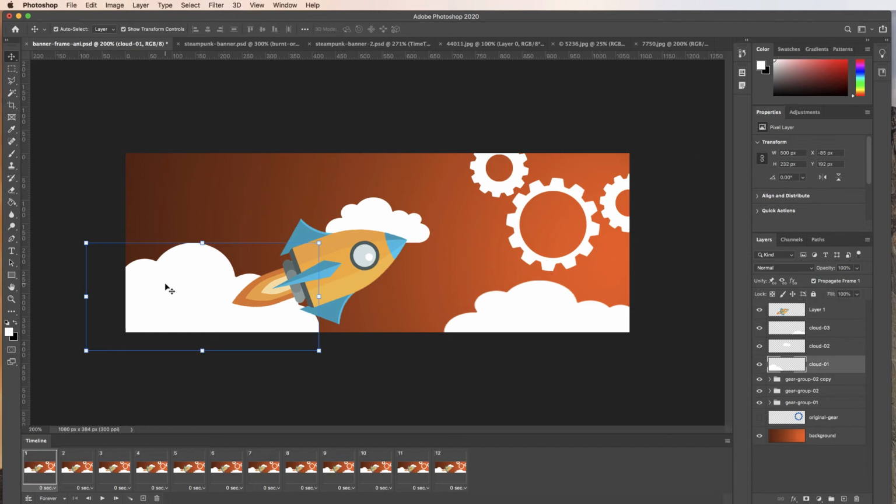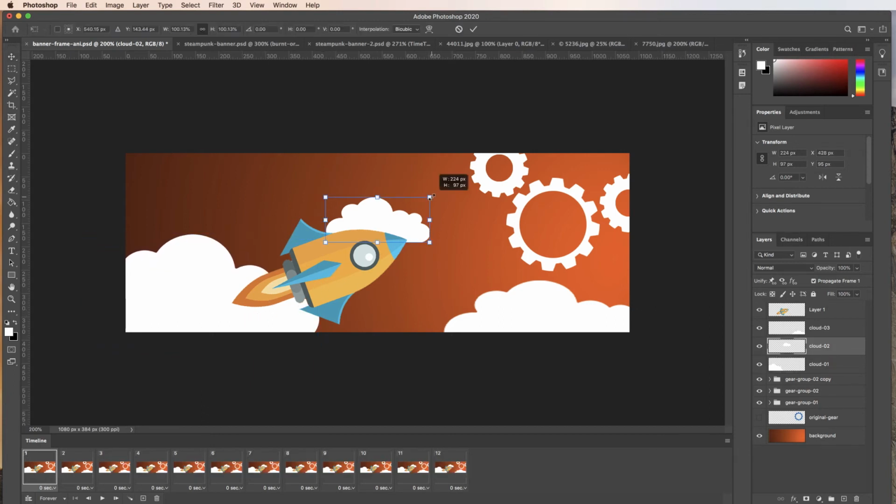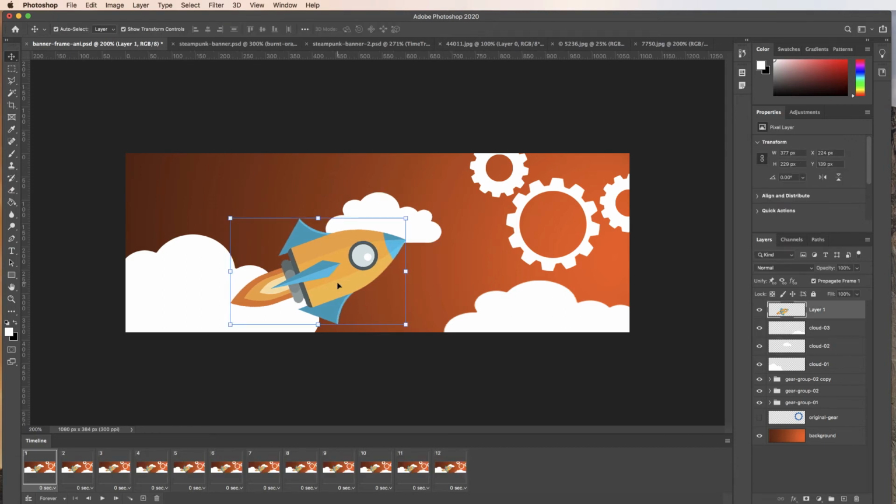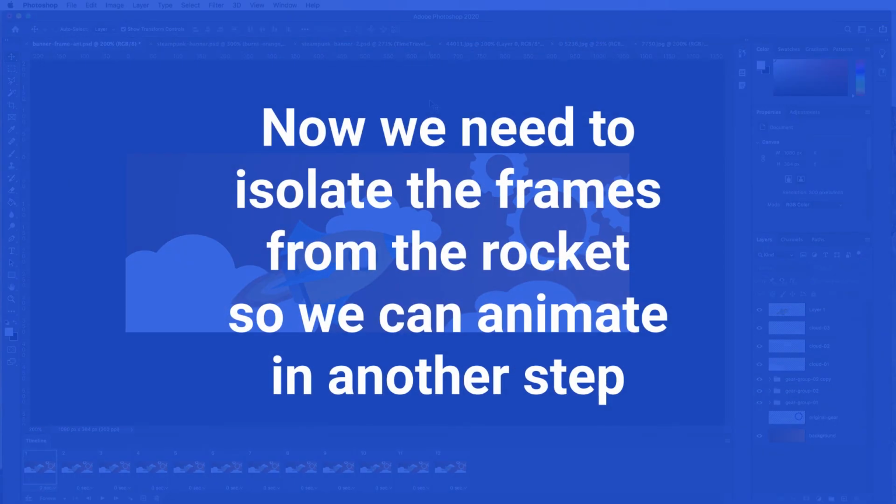I might move this cloud up a little bit because I want it to be in the flame here a little bit more, so I'm just going to move that one up. That way I don't see this space here. I might make this cloud slightly bigger, and I believe that looks pretty good. Let's go ahead and set that transformation. I might move the rocket back just a touch, and we'll go ahead and save. And we now have our